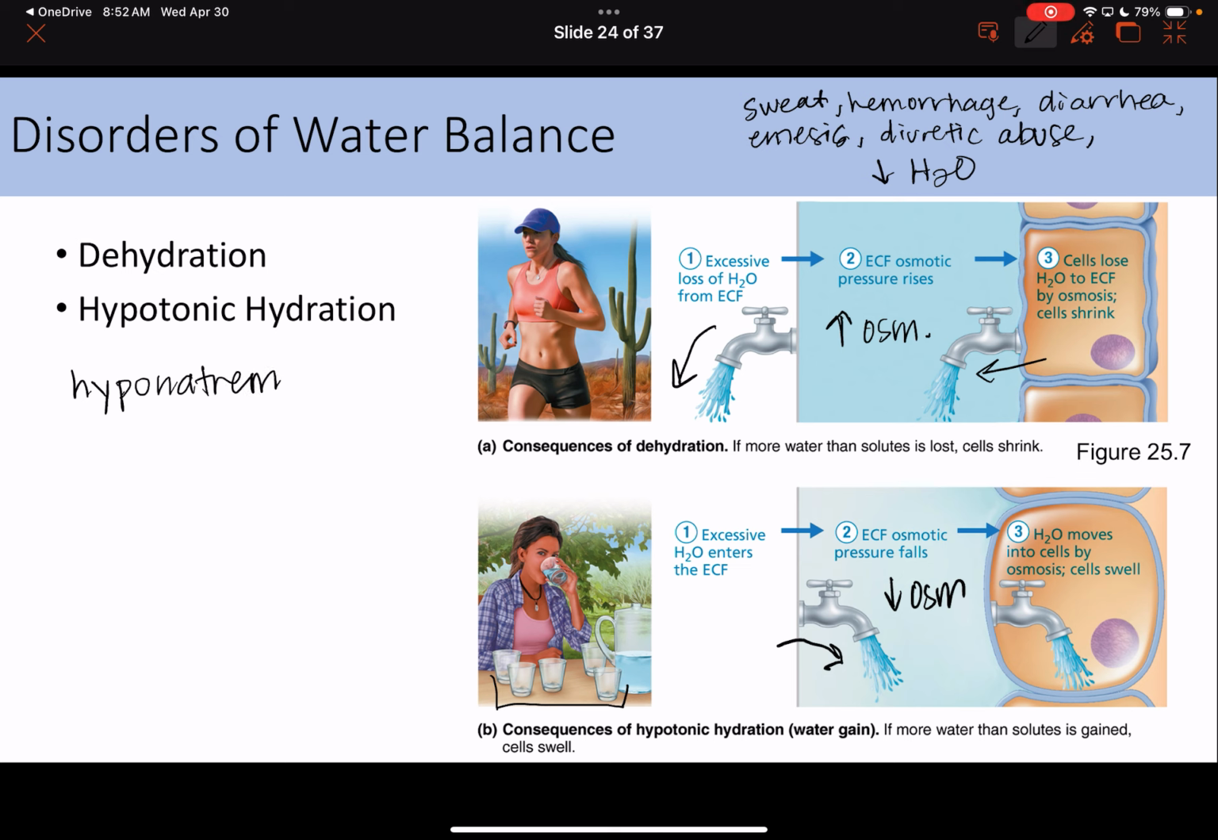hyponatremia. And hyponatremia is low sodium levels in the blood. Sodium is so important for cell-to-cell communication, nervous system activity. We need sodium. And so if we overhydrate and experience hypotonic hydration, we're going to end up with our cells not having enough access to that sodium. And so this leads to